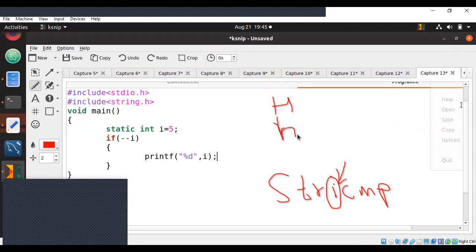So if you have uppercase H and lowercase h, it will ignore the case. It won't give you a result as minus 32. It will give you a result as 0 itself, by saying uppercase H and lowercase h are the same. That is how stricmp works. So I hope that explains Rohit's question of how this works.